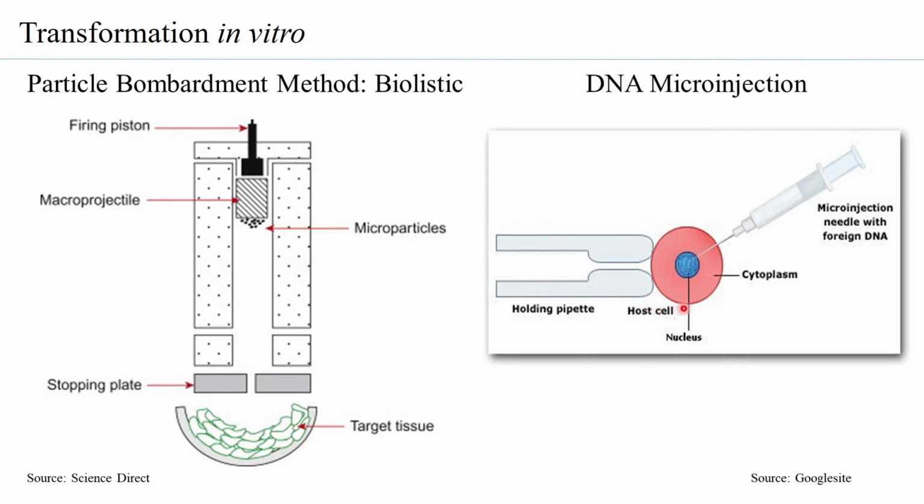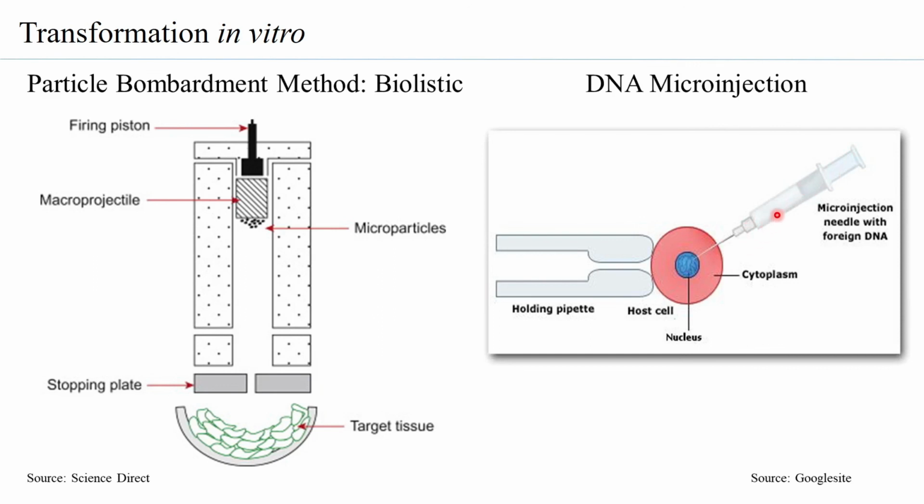Another example is that of DNA microinjection. This too is a method that is commonly used. The concept is simple, but the instrumentation is quite expensive, because one has to use very precise and special instruments and conditions. So the idea generally is that the cell that has to be injected with the DNA of interest is generally immobilized through suction. And this immobilized host cell, when observed under the microscope, a thin glass needle